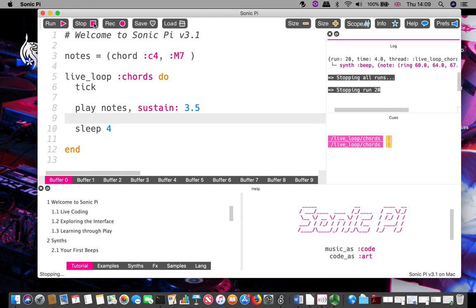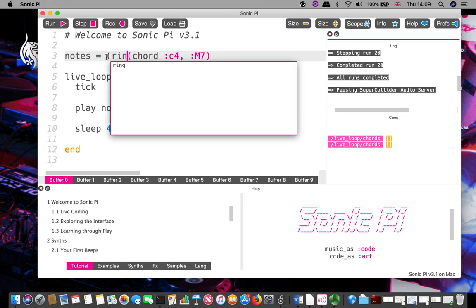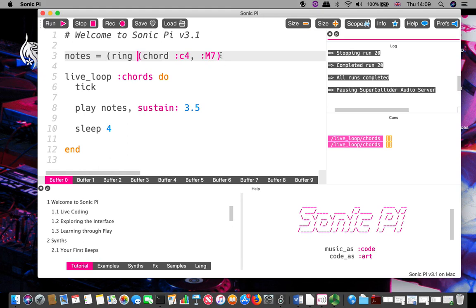Okay, if we had kicking drum loops, etc. playing along, then things would be much more interesting. Right, what I want to do is say that a chord is an interesting thing in itself. It's a ring buffer in itself, but we can have ring buffers of ring buffers. So I'm going to have a ring which starts with a chord like that. It's then going to have a chord